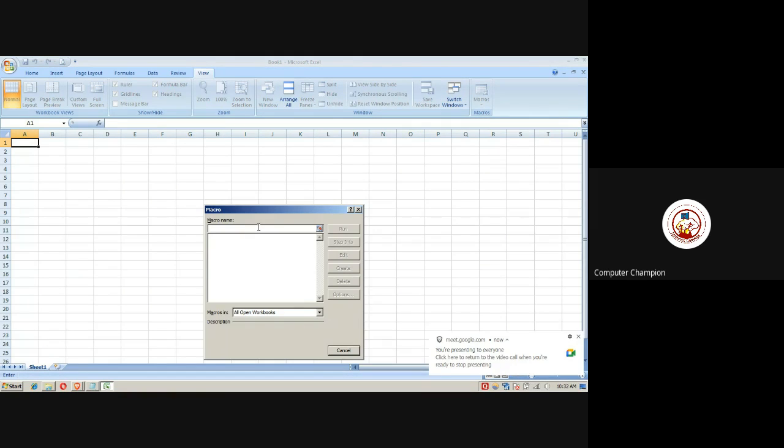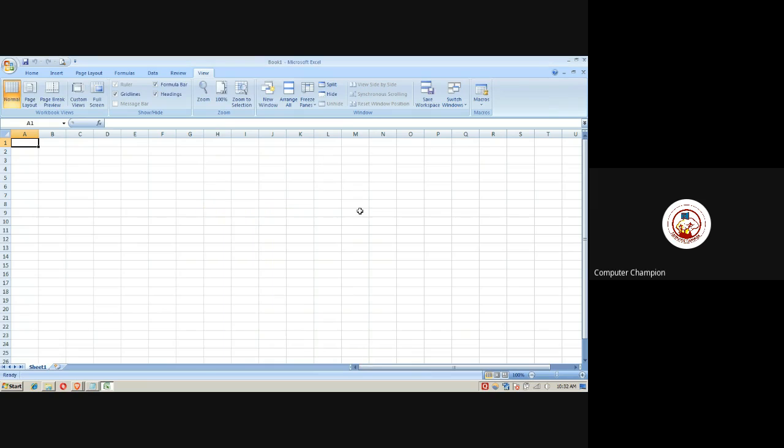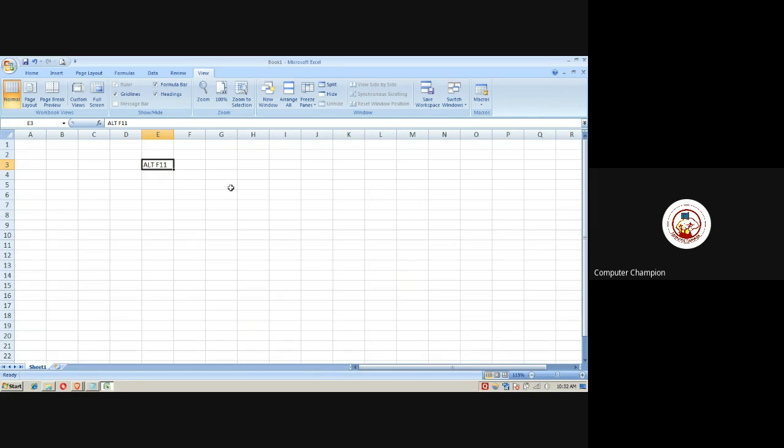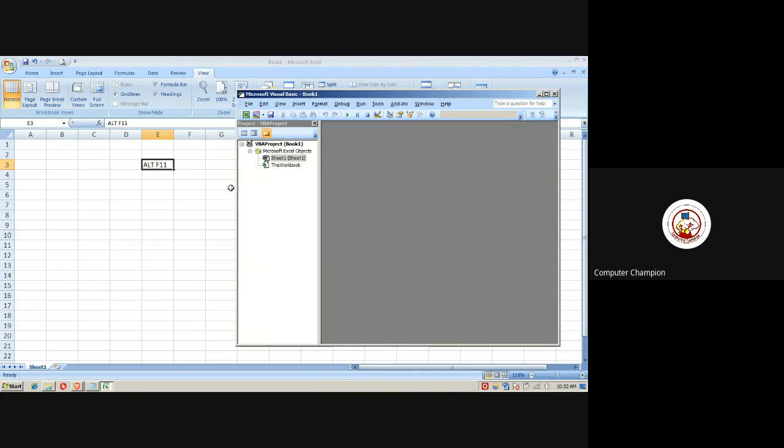Then I'll write a macro name here and just do Create. It will go inside the macro screen. Or else, there is a shortcut, Alt F11. I'll type it for you. Just press Alt F11. You will get a blank screen here.